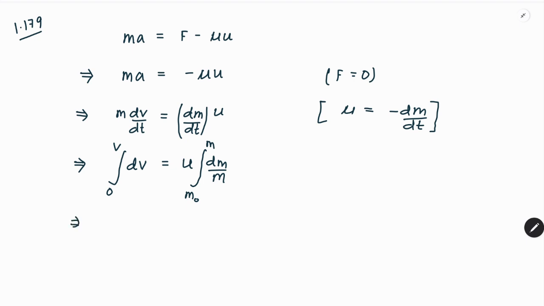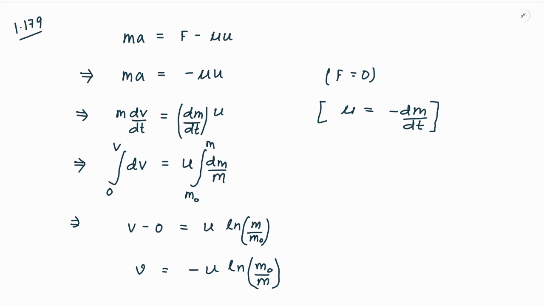So we can say v minus 0 is equal to u, and the integration is ln m by m0. So we can write this equation as v equals u ln m0 by m with a minus sign outside the ratio inverted, that is, if we interchange this term, we get an equation like this. So this is the equation which we are looking for in this particular problem, and this was problem number 1.179,